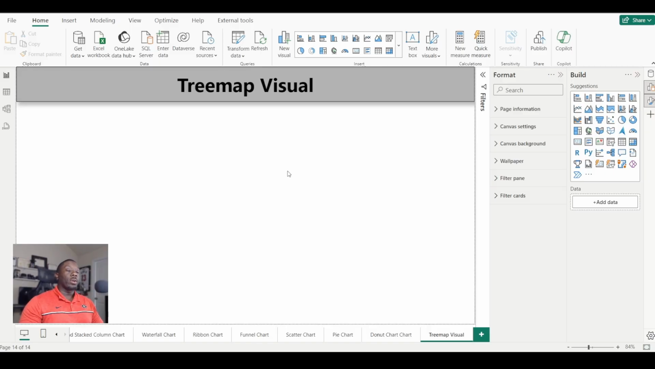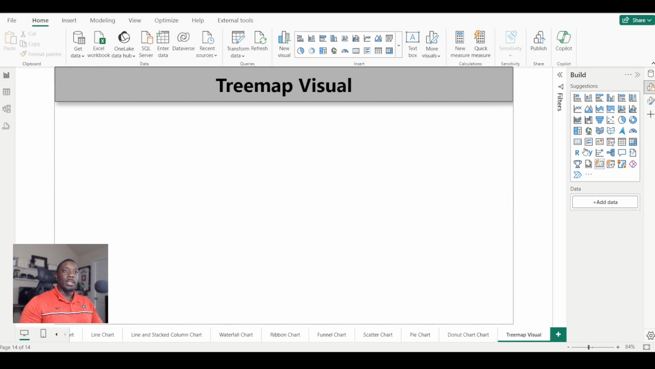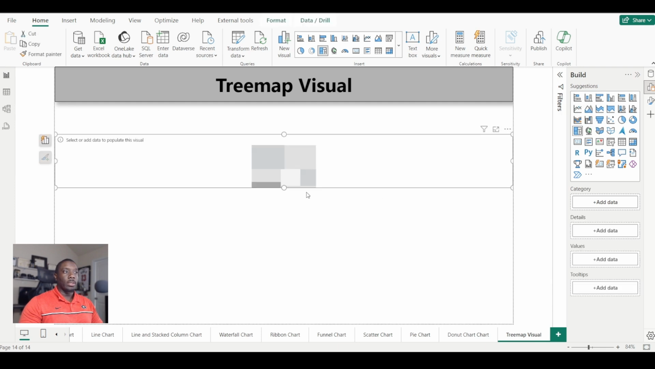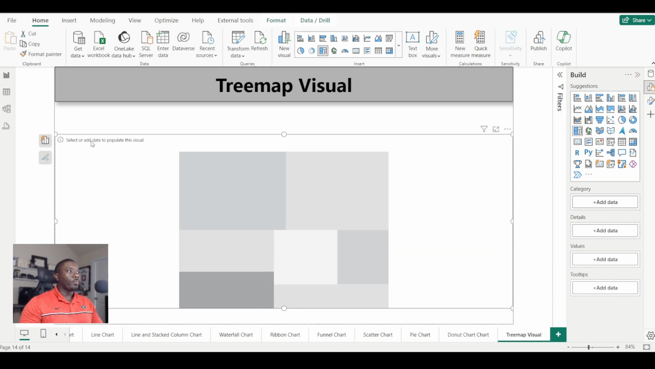Today in Power BI we're going to be showing you how to create a tree map visual. Let's go ahead and jump right into it. We're going to minimize this. So our tree map visual is located right here. It says tree map. So first things first, we're just going to go ahead and click on tree map, and